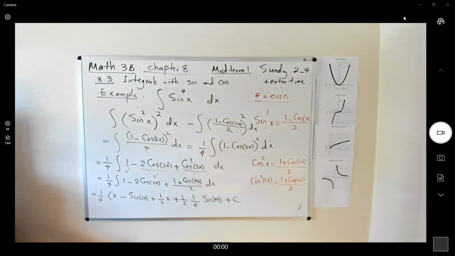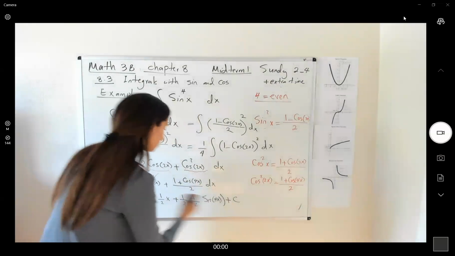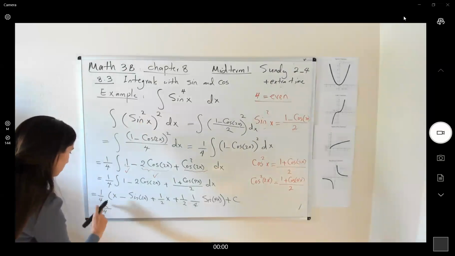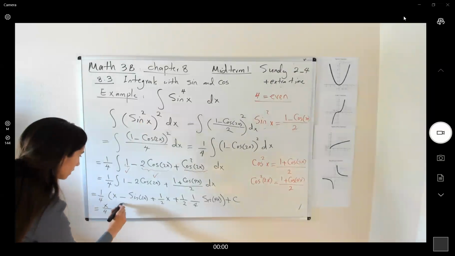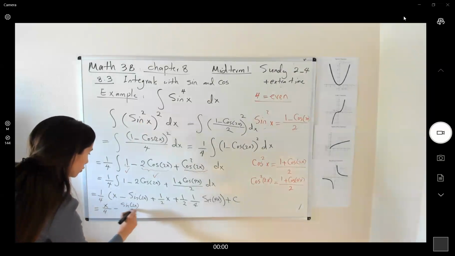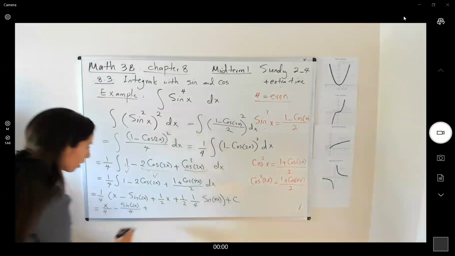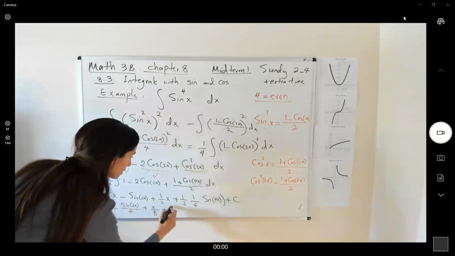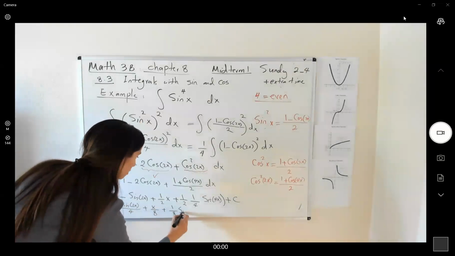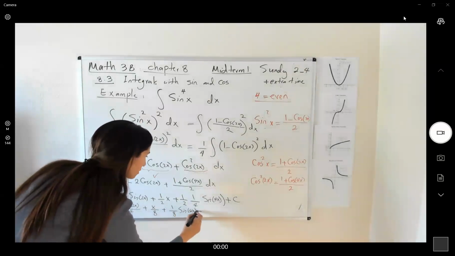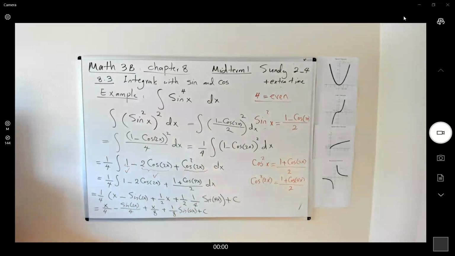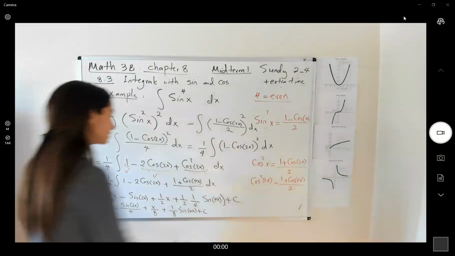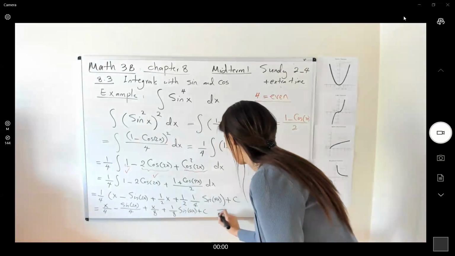Finally, we can simplify this into a 4, x divided by 4, minus sine 2x divided by 4, plus x over 8 plus 1 over 8 sine 4x plus c. So here you have 2x divided by 8 plus x over 8. You get 3x divided by 8